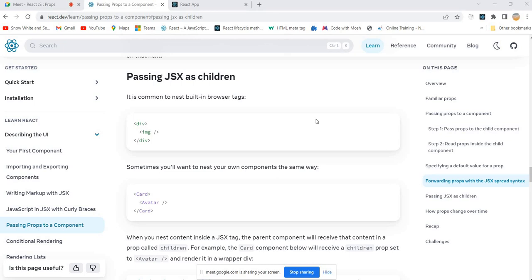Hello all, welcome back. In this session, we are going to understand how to pass JSX as children for a component. Normally we can pass some properties, right? Already we understood that yesterday. So we can pass some JSX as children to a particular component, and we are going to understand how to give default values for the props, and we can focus on some rendering list